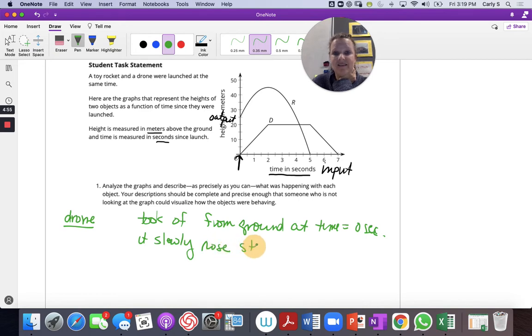We want to make sure that we know that it's a steady rise. I don't know how to spell that. I think that's right. It rose steadily. Let's say this. It rose at a steady rate